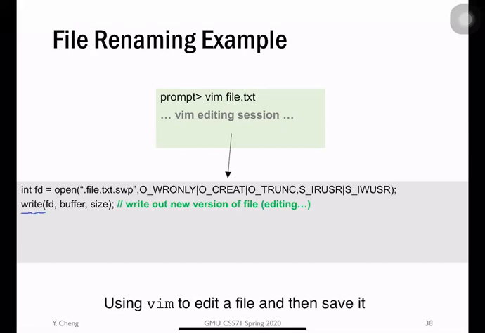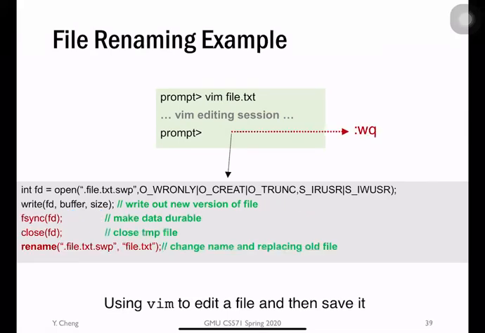Its first parameter is the fd, returned by the previous invocation of the open system call. The second parameter is the in-memory buffer that holds the data that the user typed in. And the third parameter is the size of the buffer, how many bytes of data you want to write. And then at a certain point, the user hits